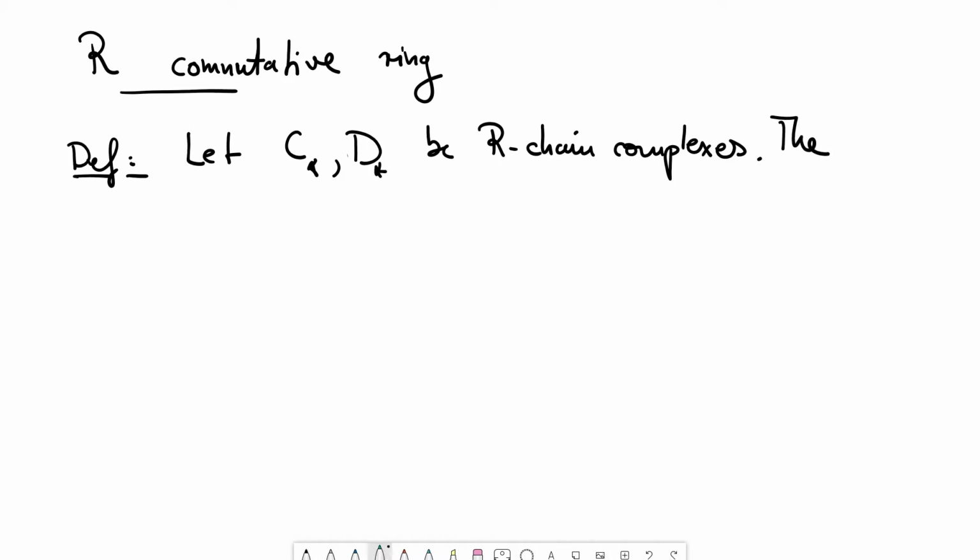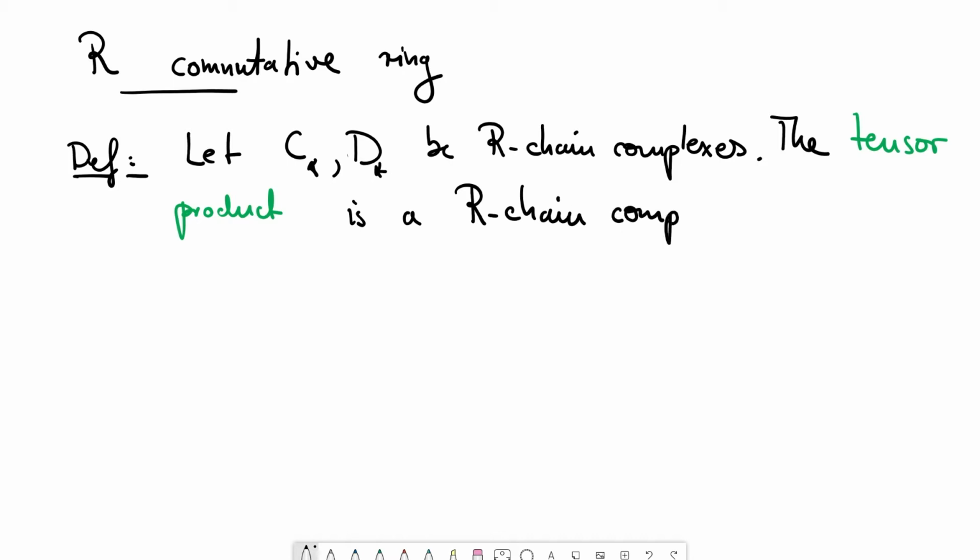Then we declare the tensor product of those as an R chain complex